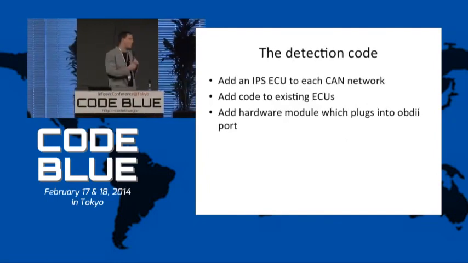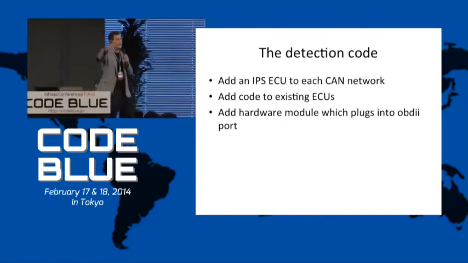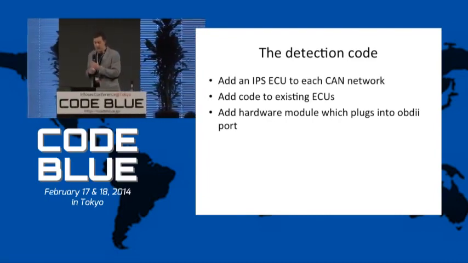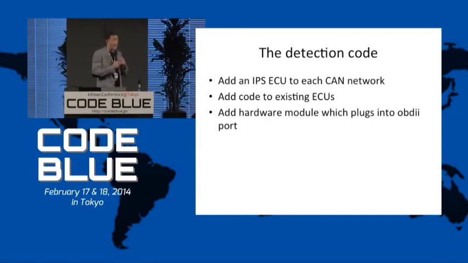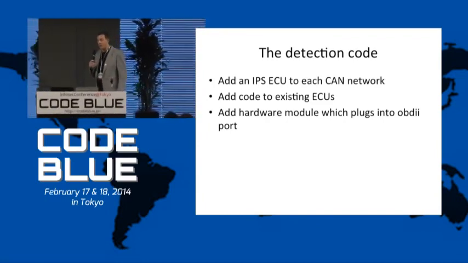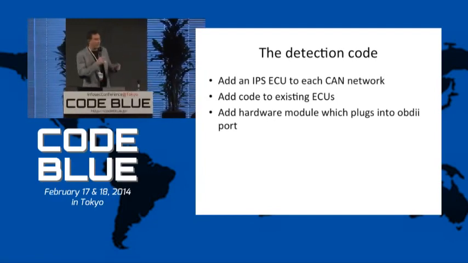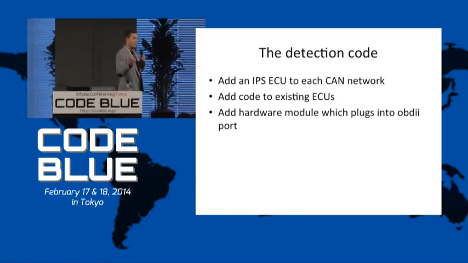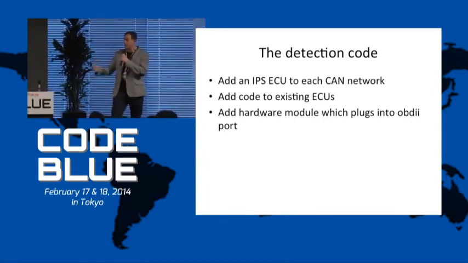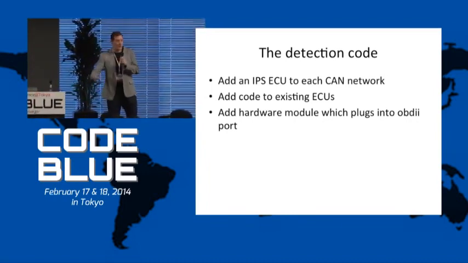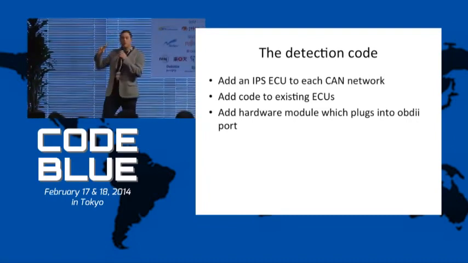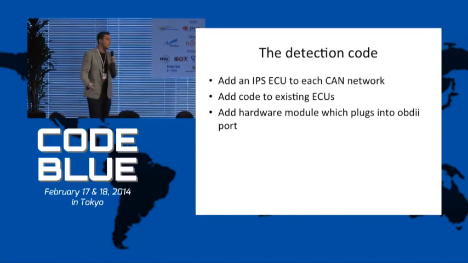You can put these a lot of places. You can put them in every ECU, which is probably costly because you have to redesign the code for that. You can add an external kind of IPS to each CAN network. And Charlie and I are even working on a little OBD2 dongle that you can just plug in. You know how insurance companies do the tracking, see how you drive? Charlie and I are developing right now a little OBD2 dongle that's our IPS that'll alert the driver if one